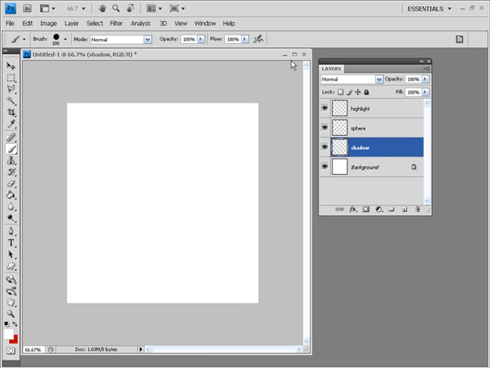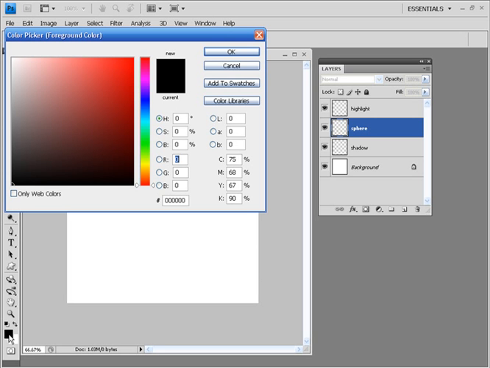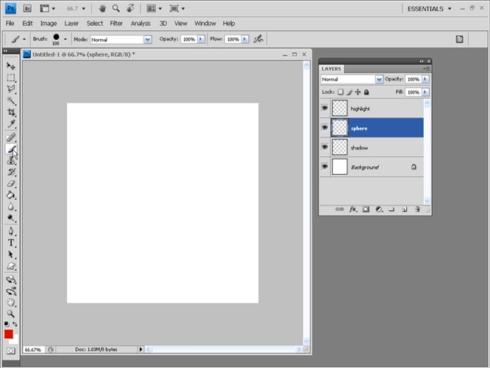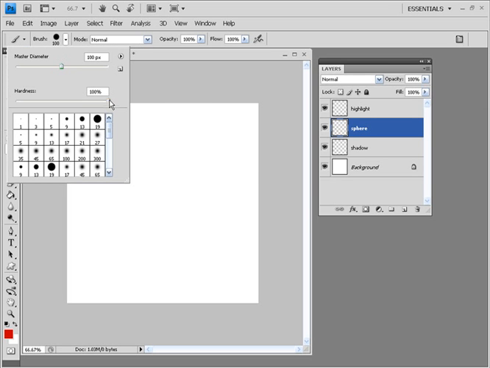Okie doke. So let's start on the middle layer. To choose which layer to work on, you simply click on it and it becomes highlighted. So I want a red. Let's start with this in black and white. I want a red sphere, so I'm going to click on there, which brings up this picker, and I'm going to choose a slightly darkish red and say OK. The brush tool is already active, and I can see that the brush is a hard edge brush, and I can have a look in more detail by dropping down this dialog box, where it does tell me the hardness is 100%, the diameter is 100 pixels. I'm happy with that, and I'm going to click on this arrow here to close the dialog box,